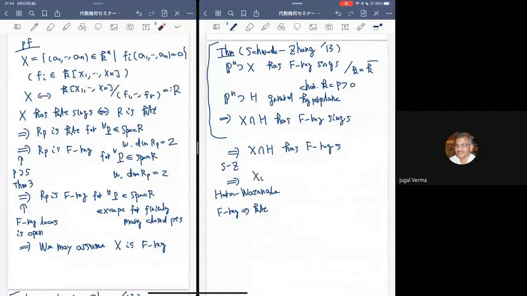So then the intersection with H has KLT singularity. So that is a proof. And let me emphasize, I used theorem 3 here. I use theorem 3 here, but the point is